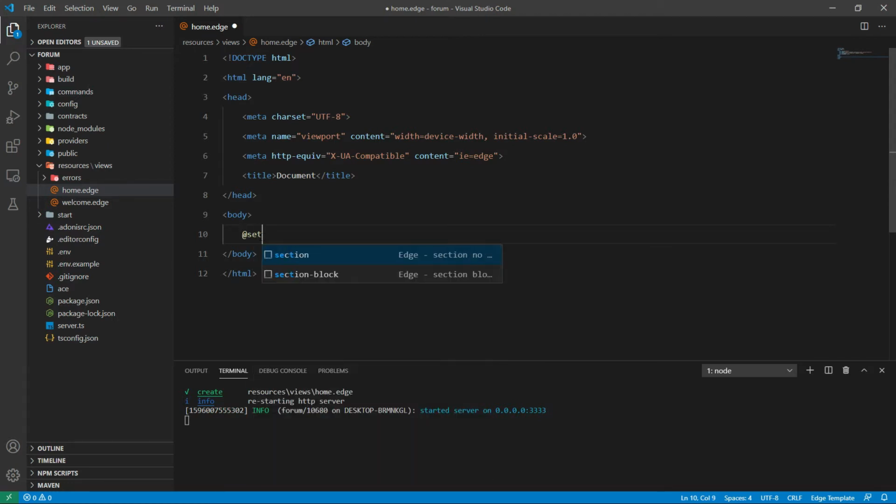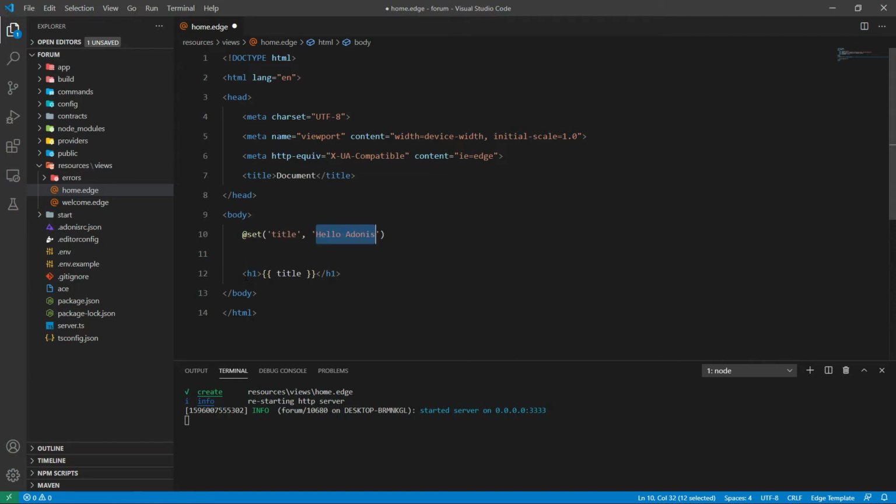The first tag we will be using is called set. The set tag is used like a key value pair. You are creating a key called title and the value will be Hello Adonis. So now we want to use this key.